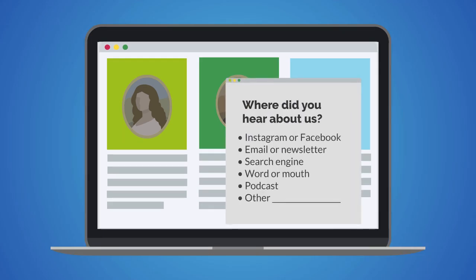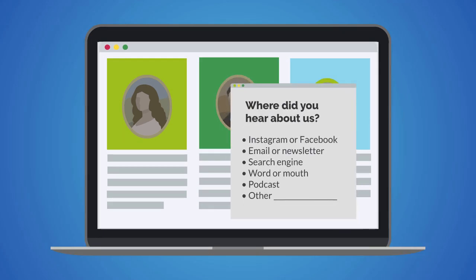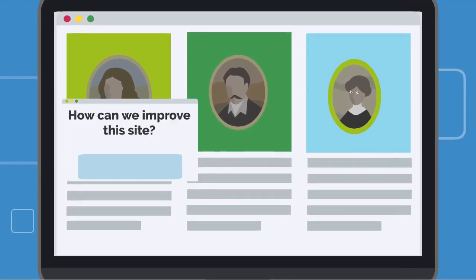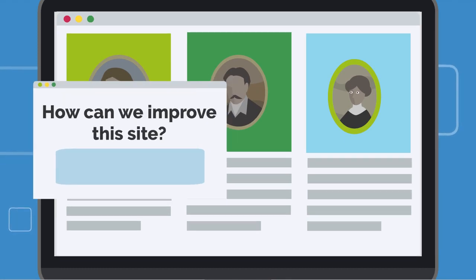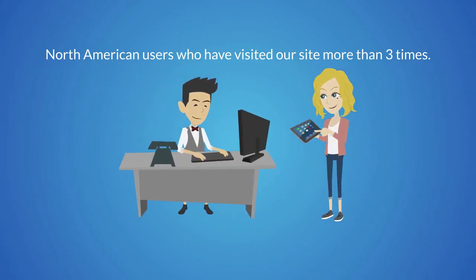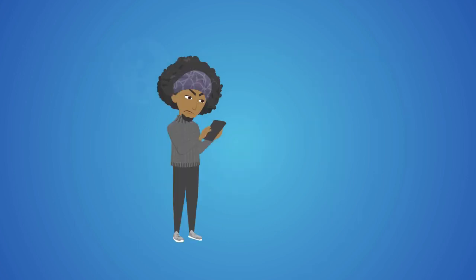The other type is a pop-up survey. This can be triggered to appear only when certain actions happen. For example, you can set a pop-up survey to appear only to people who have returned to your site a particular number of times, or only to people whose web browsers are set to a particular language. This allows you to target your questions to specific users in specific situations, and not annoy others with questions that